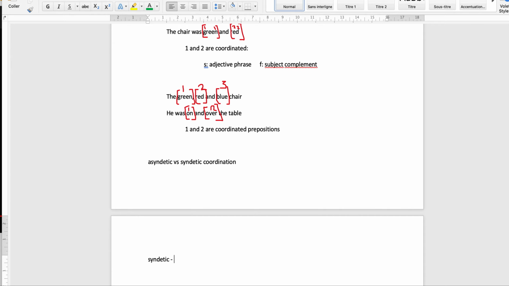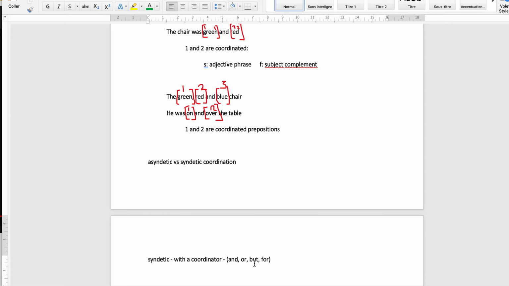Syndetic, we have, let's say, a coordinator. By the way, examples of coordinators are and, or, okay? It could be but. It could also be for, okay? Now, but is not so obvious because